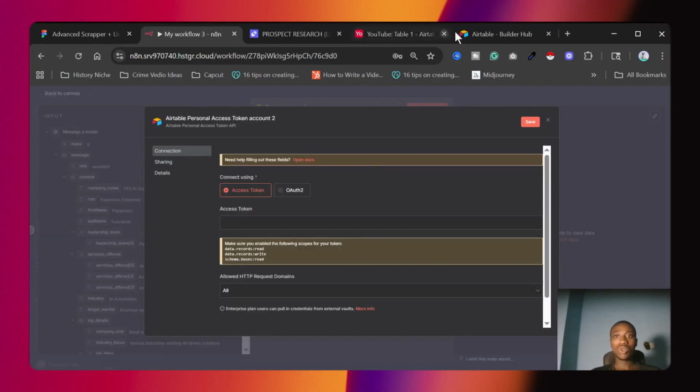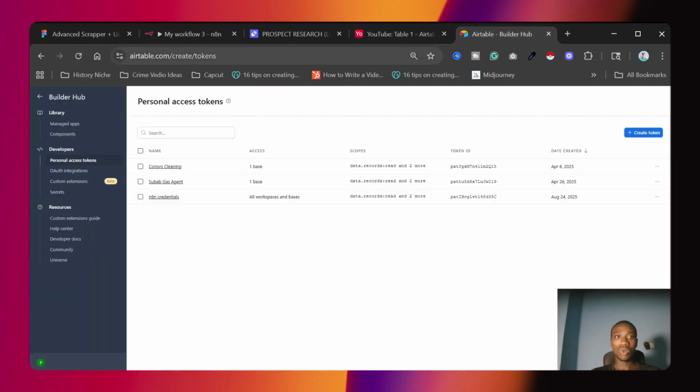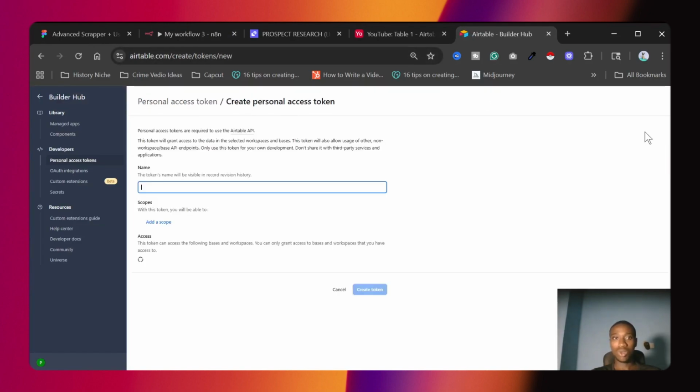Then you just go to this site, airtable.com/create/tokens. I'll go in the resources. You click on create new token. Name it tutorial.